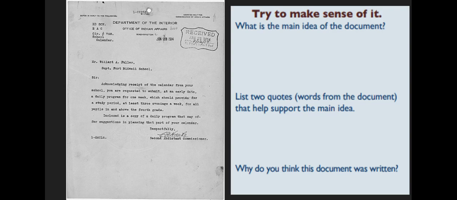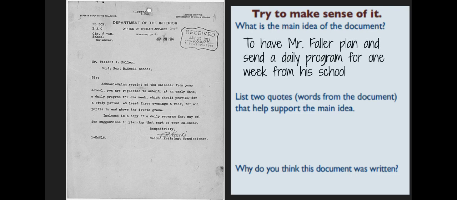So we want to look at what is the main idea of the document. Then we're going to want to list two quotes from the document to help support that main idea. And we're going to think, why was this document written? So I went through this and read it through. To me, the main idea was to have Mr. Fuller, or Faller, plan and send a daily program for 1 week from his school. Well, I know it looks like he's a teacher or principal or somebody, right, at this Fort Bidwell school, and it's talking about a